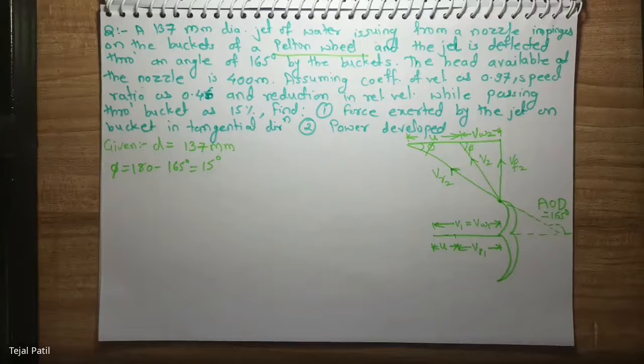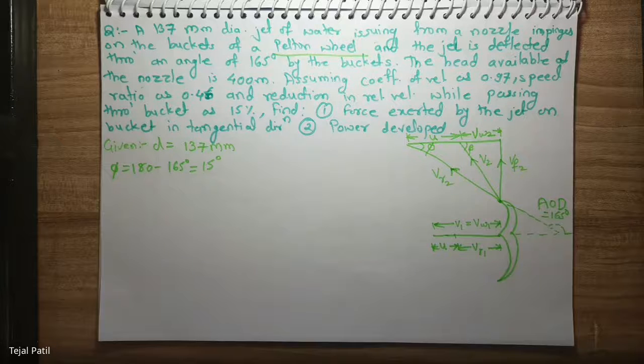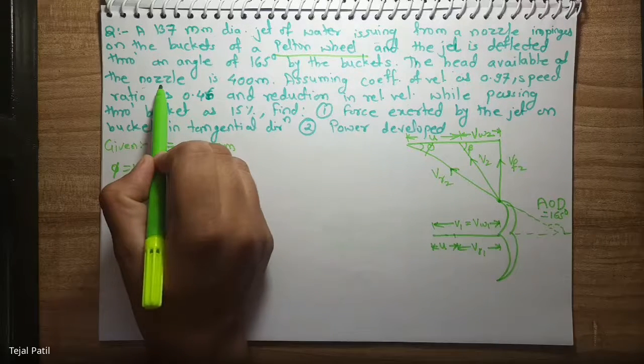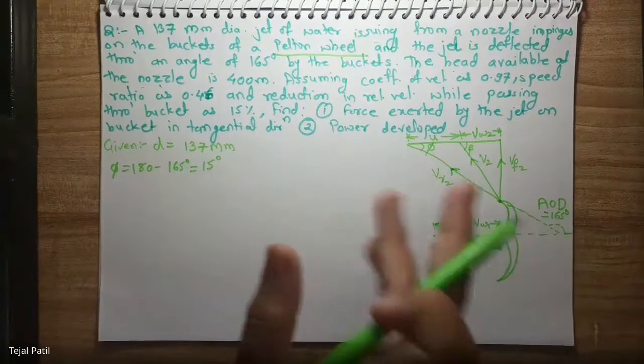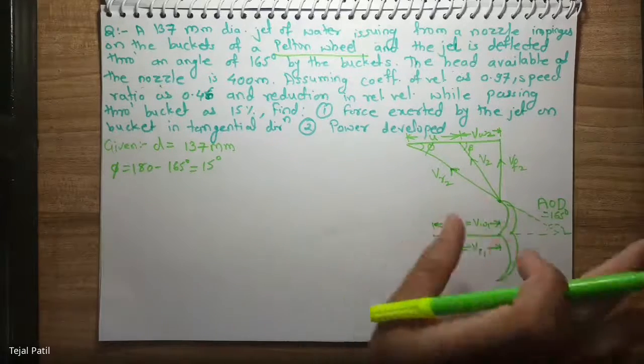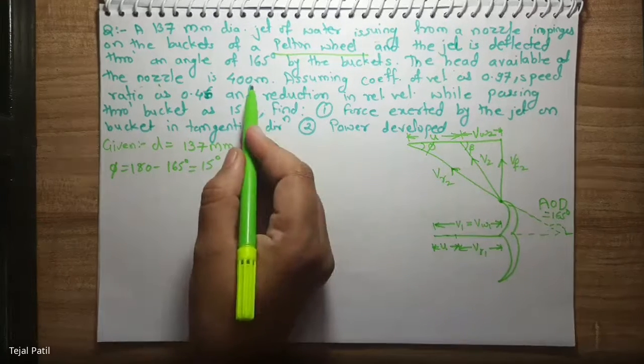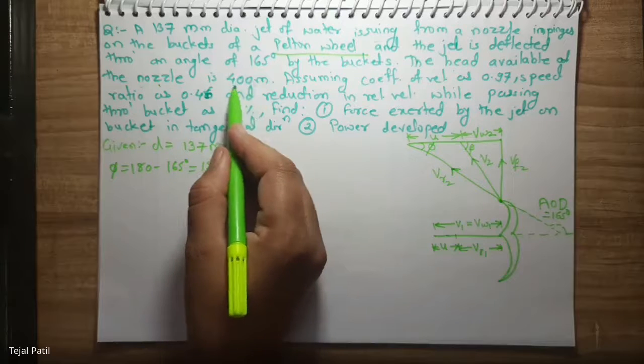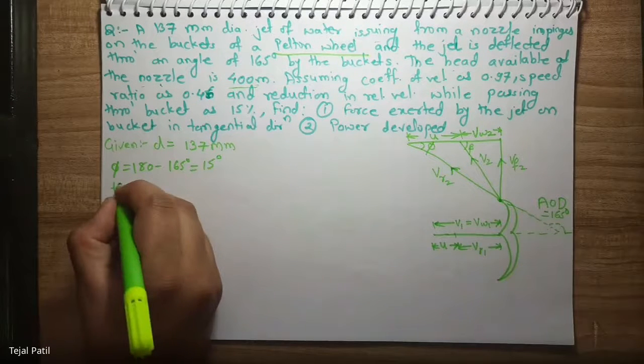HG or H or HF? What is given? What is this 400? It is H, because what is said? Head available at the nozzle. That means after losing everything, the head loss due to friction and everything, whatever head you have got at the nozzle is what is given, and that is equal to the inlet head,